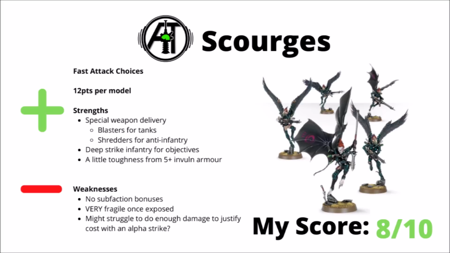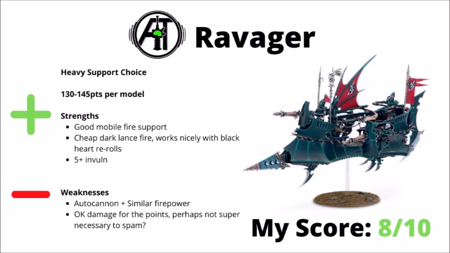Overall, I'd probably rank them somewhere between a high 7 or a low 8. Definitely usable either for special weapons or actions, very fast when they're on the board, but also a bit on the pricey side. Moving into heavy support next, and we have the archetypical heavy support of the